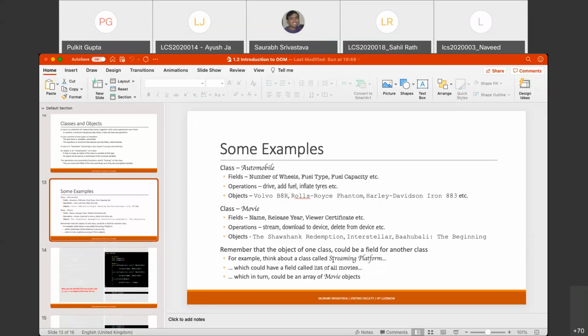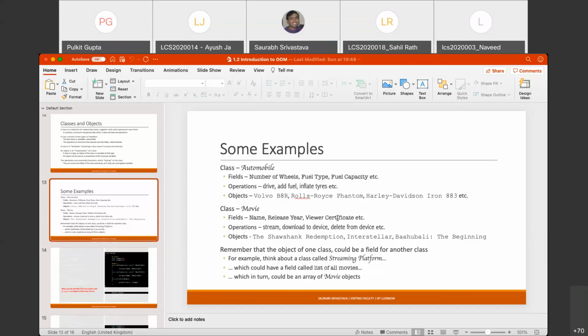What are the typical things that you go and search on Amazon Prime? It will be things like, do you have this movie or not? So you can search the movie based on the name, the release year, the viewer certificate, A plus, or A, or R, or whatever it is, right?